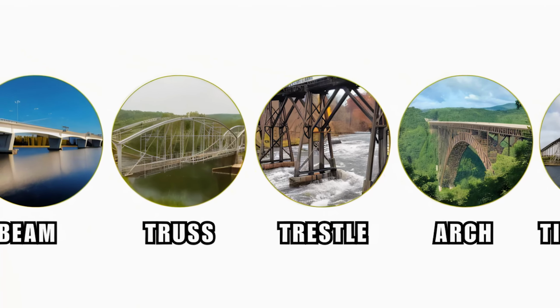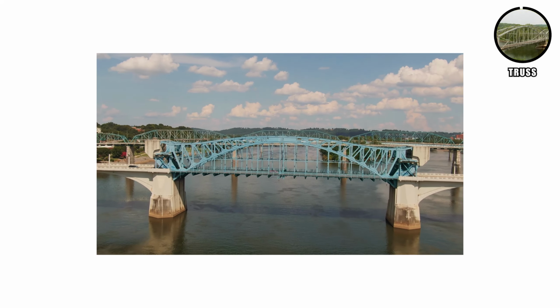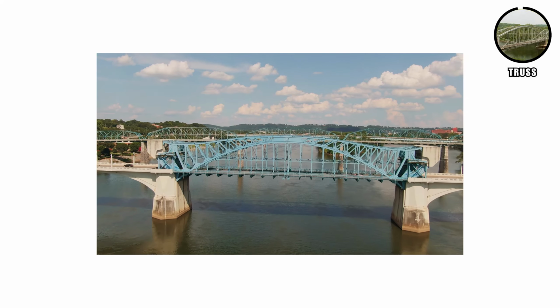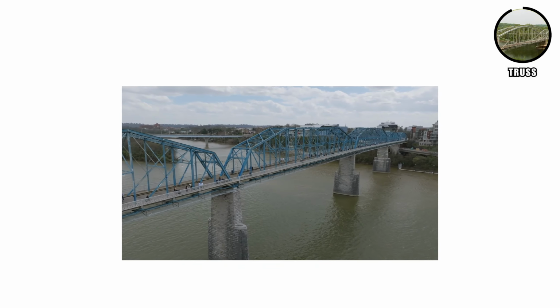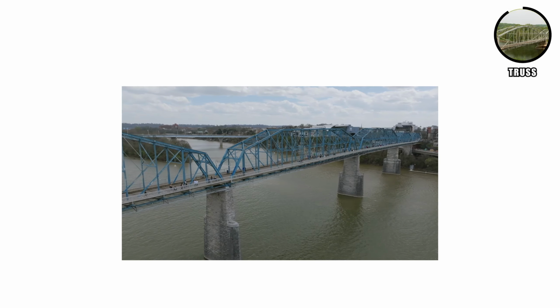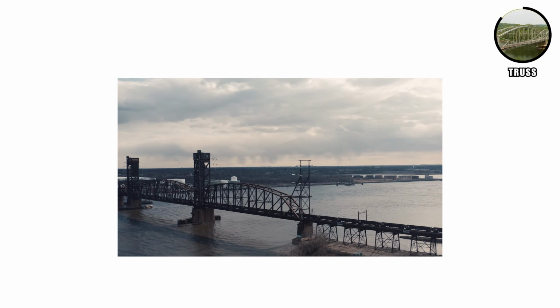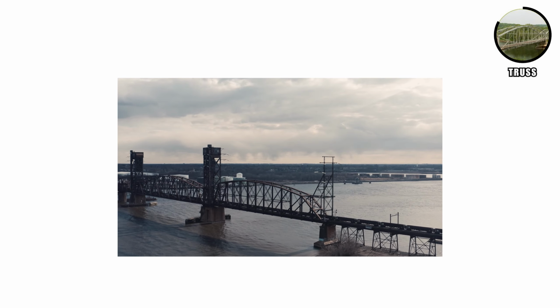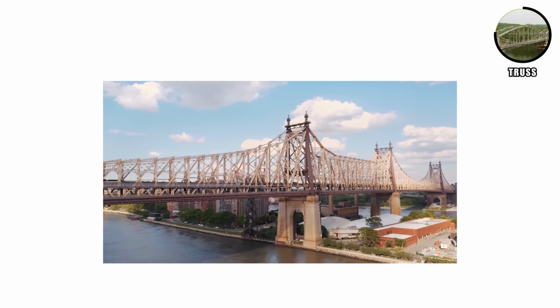Truss bridges. One way around the self-weight problem is replacing the solid girder with a truss, an assembly of smaller elements arranged mostly in triangles. Unlike beams, truss members don't experience bending forces. The connections act close enough to hinges that all loads are axial, meaning they run along the length of each member in either compression or tension. This simplifies design because predicting forces in each member is straightforward, and the weight reduction allows trusses to span greater